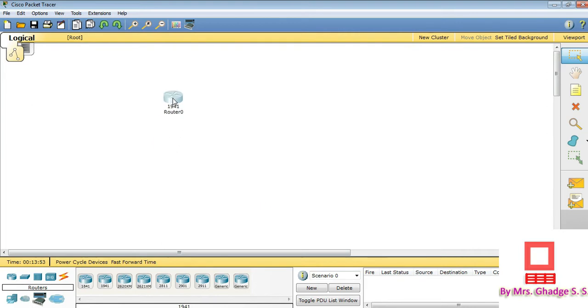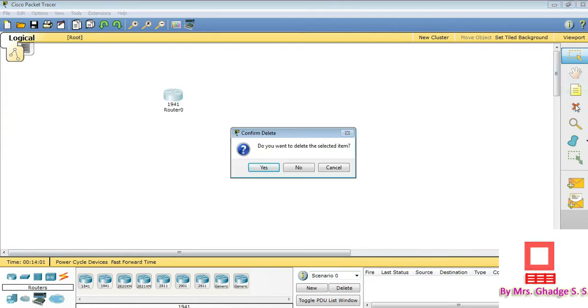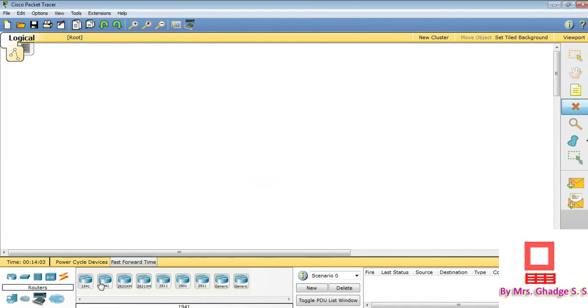This is the first generic router, and then take another generic router.